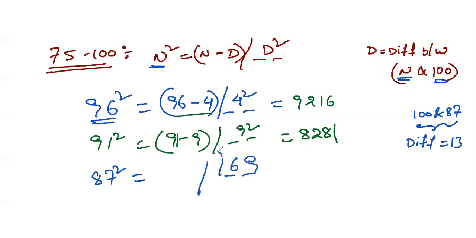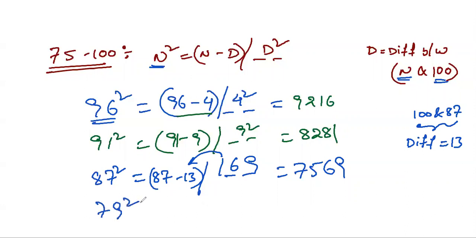So what is this one? 1 will be carried to this side. Why? Because we require only 69 here. So 87 minus 13 is 74. Plus 1 is 75. So the answer is 7569. If you want to find out 79 square,